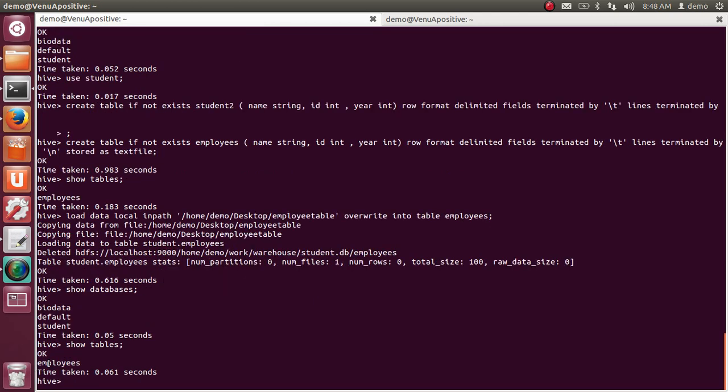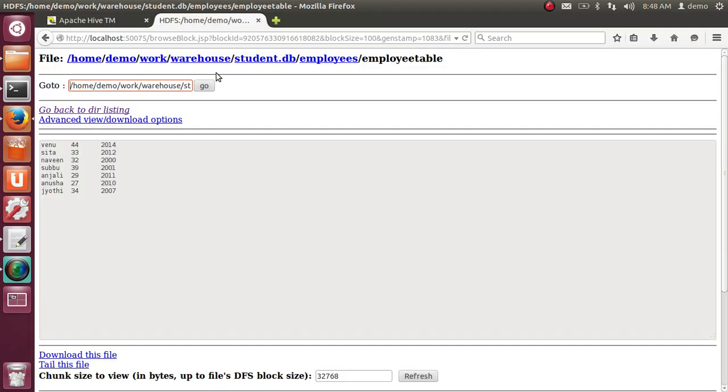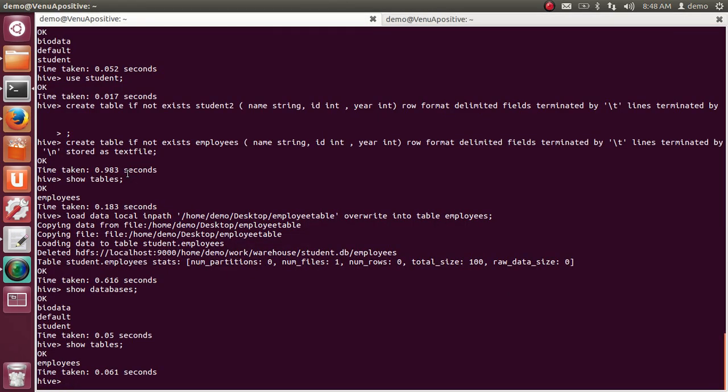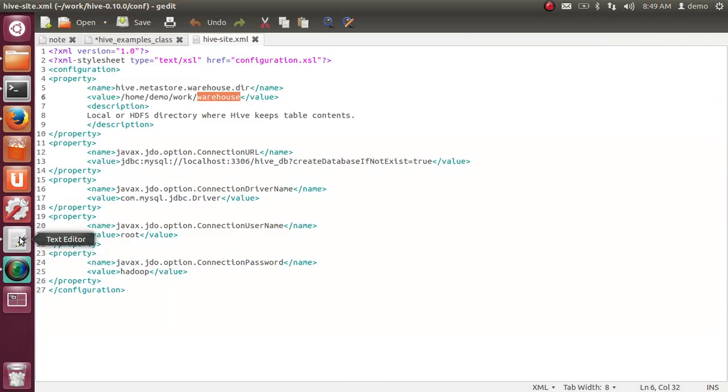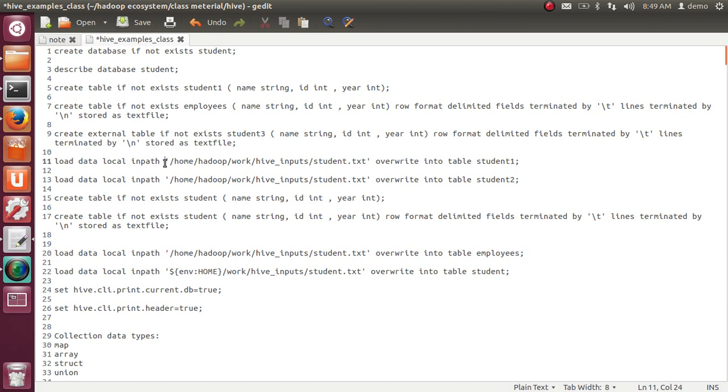In this student database, I have already executed use student, so it is already taken from employees. In student there is the employees table. In this employees table I am dumping this data. Okay, that's why it stored this information. I think you can understand everything that is happening internally. I will give you brief documentation about it.